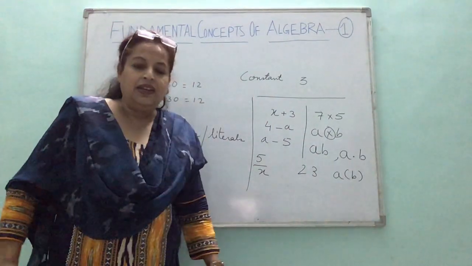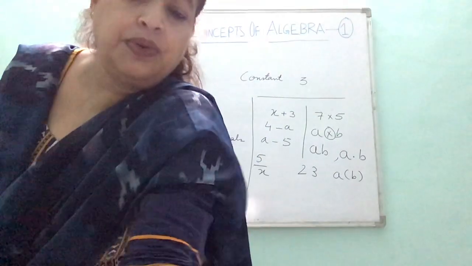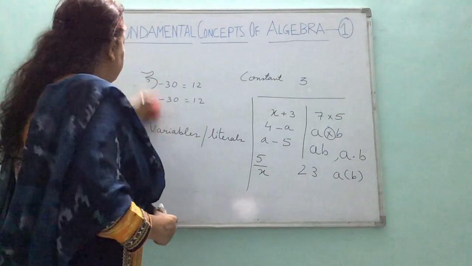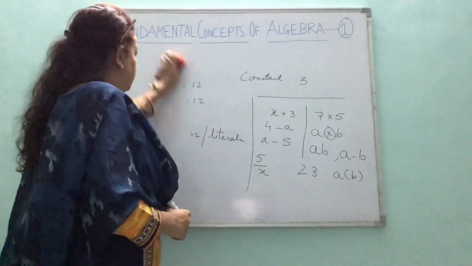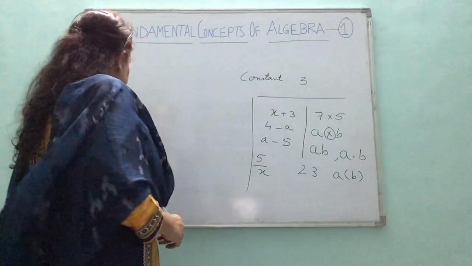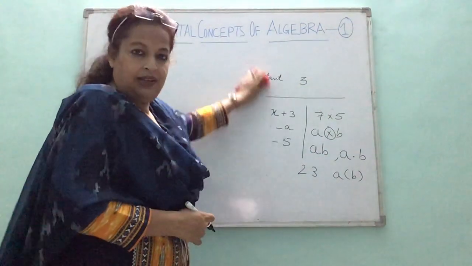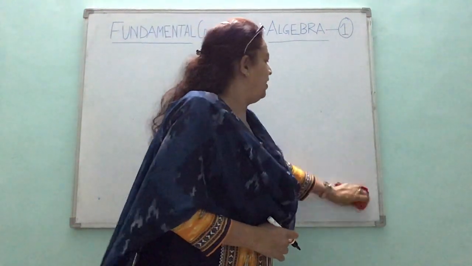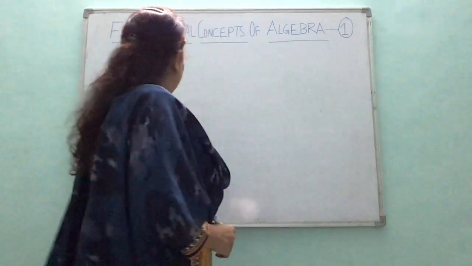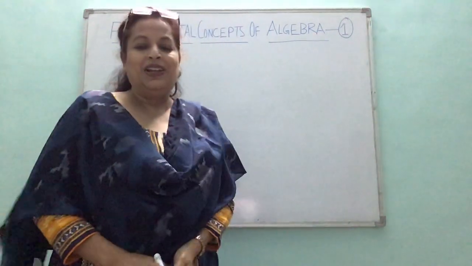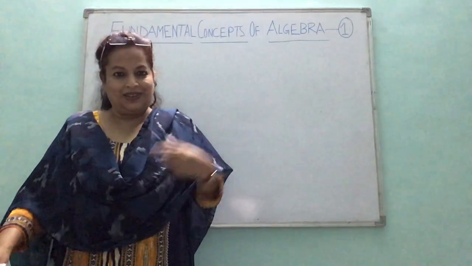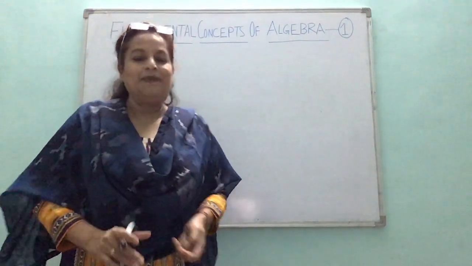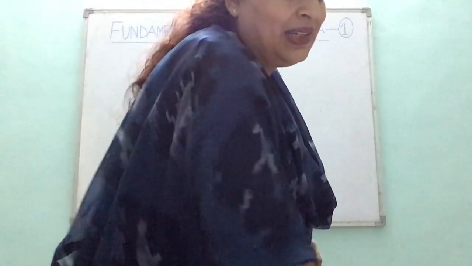Now we'll study how to convert statements into symbols. For that, we'll start with the exercise. You'll find this chapter a little different from your arithmetic chapters. We did a lot of arithmetic chapters till now, 5 chapters we have done. So I thought to bring some change in that order, which is why I picked up this algebra chapter. You'll find it very interesting. So I'll start with the exercise.